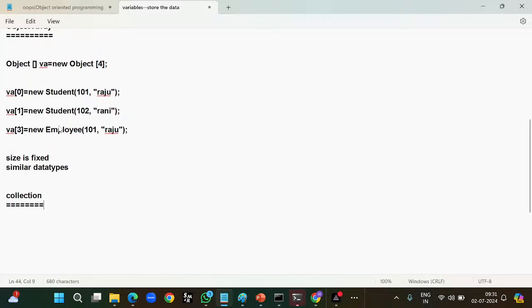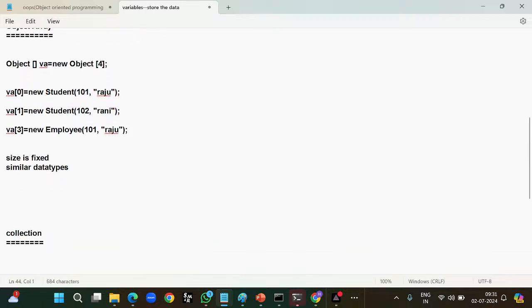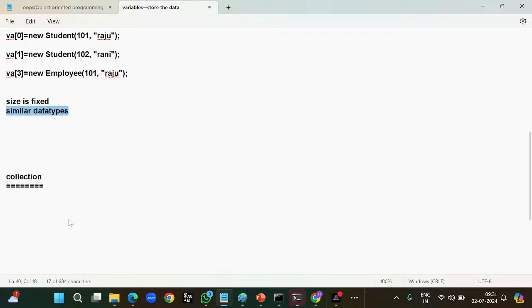Are you guys clear with my point? So why did they introduce the collection topic? To overcome these drawbacks. Meaning, collections are growable. For example, we can assume